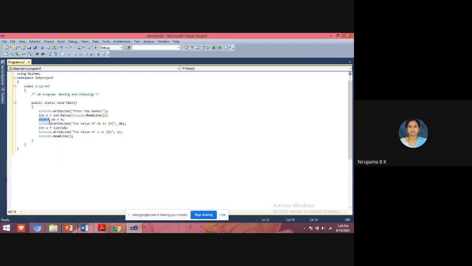When you display this object, the output should be whatever input we have taken for the variable n. And again, when unboxing, we typecast explicitly. To unbox a value, we have to typecast explicitly.